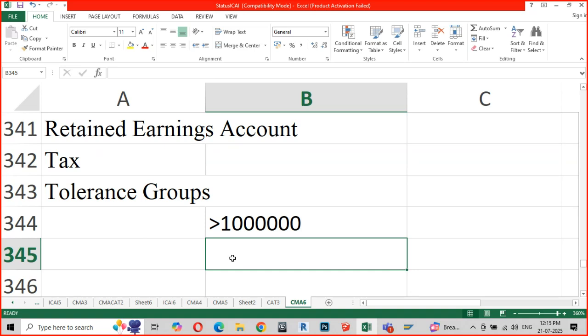How does the system identify that it's a clerk who's entering the invoice, or a manager? We have already known this through the user ID. We enter the user ID, right? So against this user ID, I'll be given a tolerance group. So what is a tolerance group?